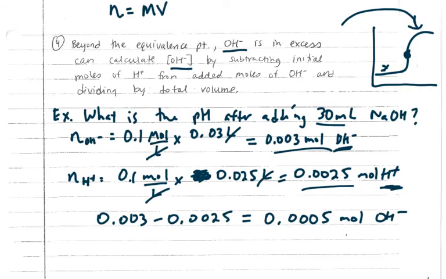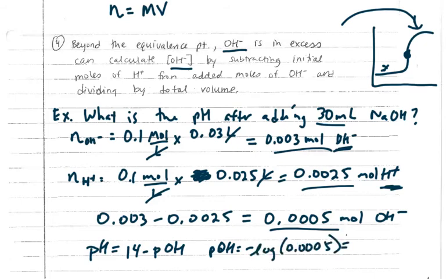0.0025 moles of each neutralized each other, and the remainder is 0.0005 moles of hydroxide. So the pH is going to be calculated. Well, it's easier to find the pOH first. So we'll do it this way. pH equals 14 minus the pOH. And the pOH is the negative log of